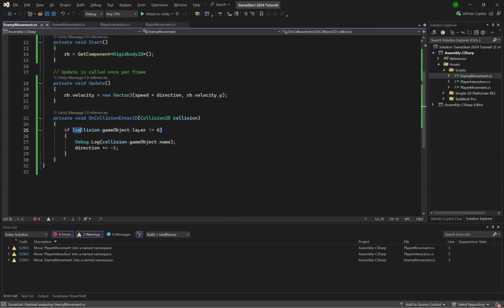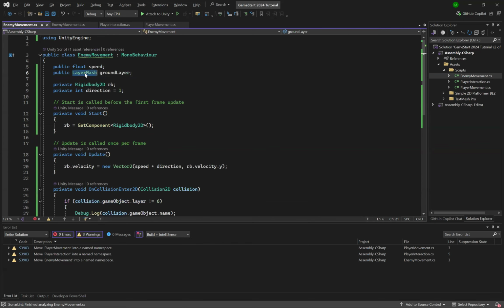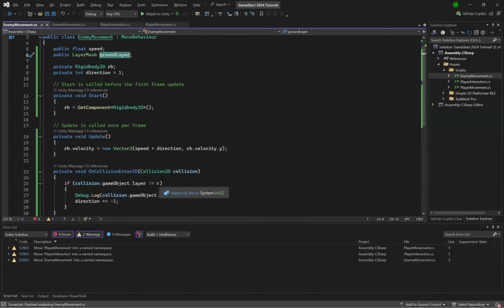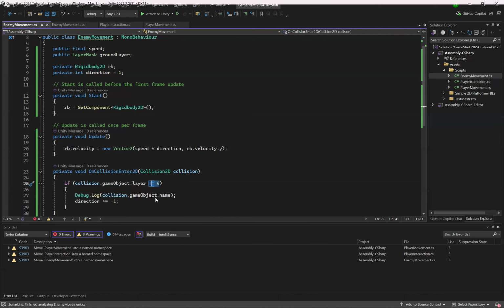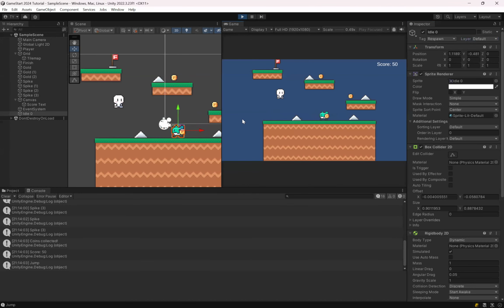this thing here, right? Sometimes, not sometimes, most of the time, it doesn't work if you try to assign it to a layer mask. If that makes sense. Like, there's some kind of magic voodoo going on internally in the engine that bugs this out. Which is why usually you have to hard code the integer value of the layer, which you will be able to obtain through here. 6 ground. So you just have 6. So to reiterate that this works,